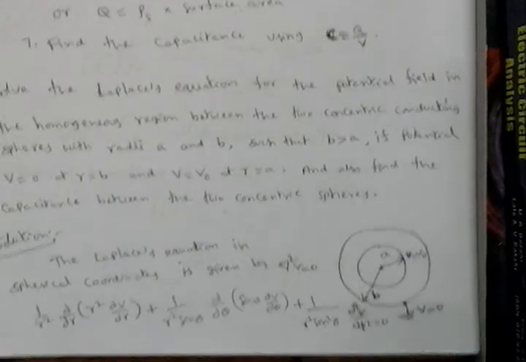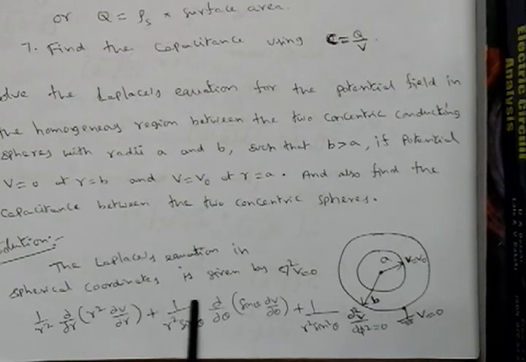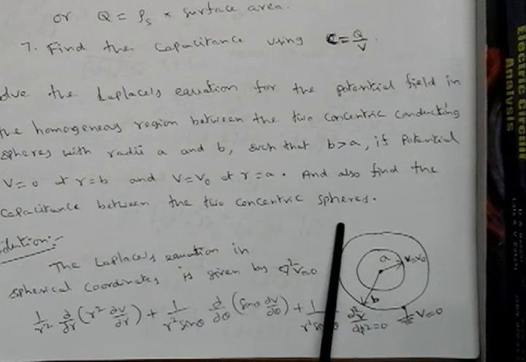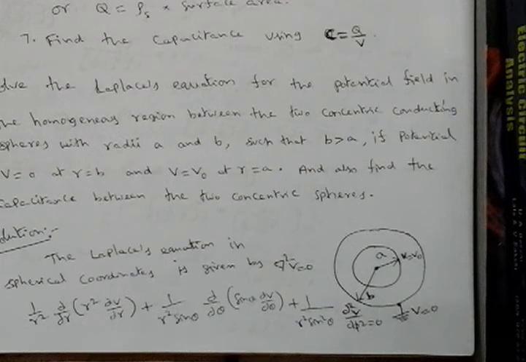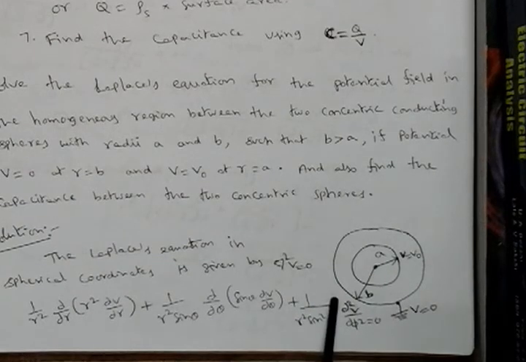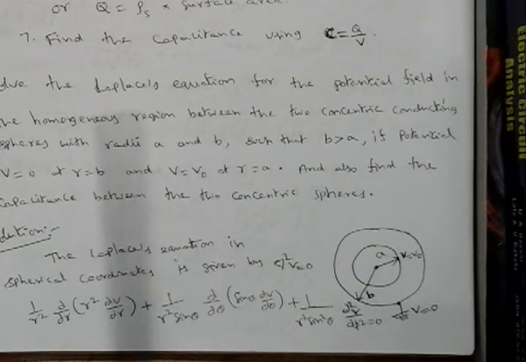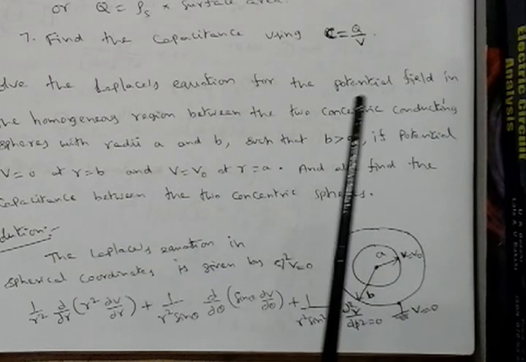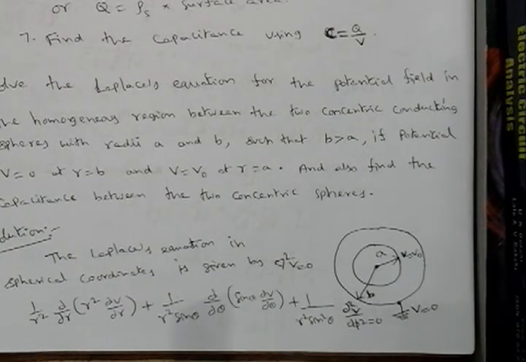So now let's see the Laplace equation in which coordinate system? The spherical coordinate system. Why a spherical coordinate system? Because it is mentioned very clearly, concentric spheres. So write down the complete spherical coordinate system formula, that is del square V is equal to the formula. We need to solve this using which method? Laplace equation. Even if it is not mentioned, if rho V is not given in the problem, then we can apply the Laplace equation for solving this. The Laplace equation in spherical coordinate system is given by del square V is equal to 0.